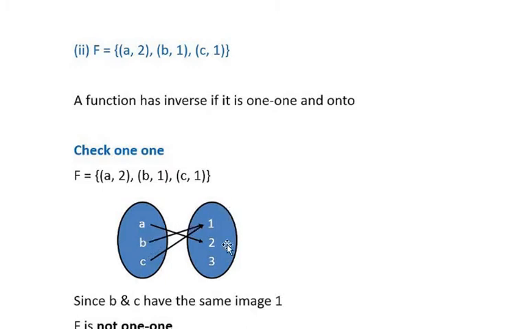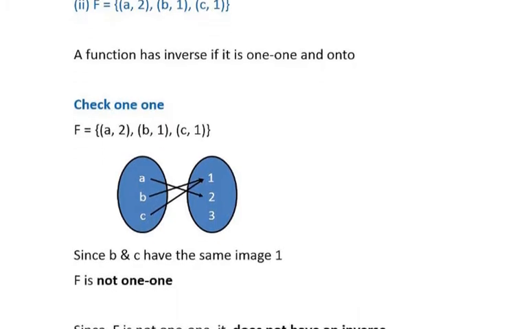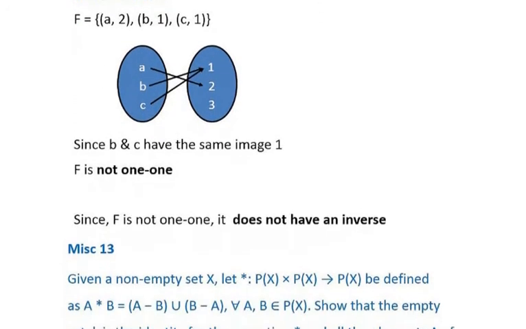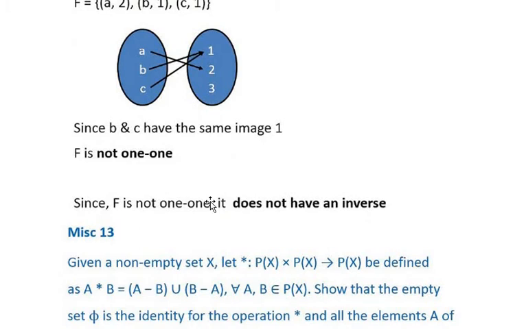Now let us check the onto. So our condition for onto is what? If each and every element of the codomain, that is 1, 2, 3 here, has a pre-image in the domain, then only it is onto. Here we can see that 3 doesn't have any pre-image in the domain, and therefore the function is not onto. So here f is not 1-1 and not onto, therefore we can say that the inverse does not exist. Instead of checking onto-ness, from 1-1 also you can say that it doesn't have any inverse. Why? Because we need both. If f is 1-1 and onto both, then only the inverse exists.